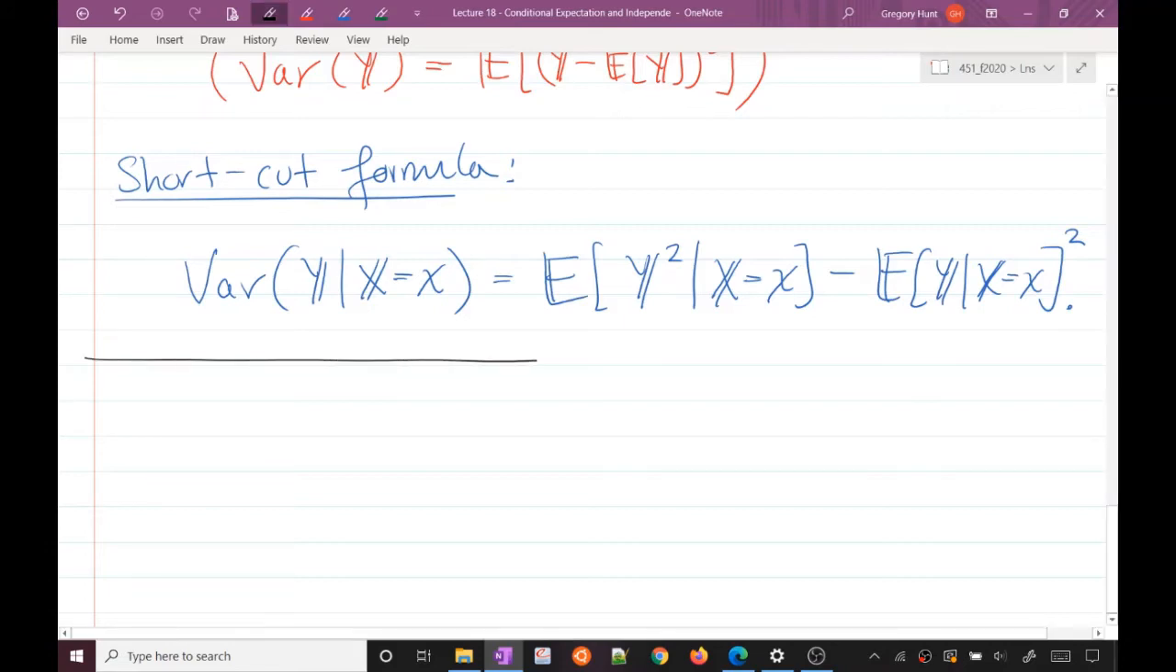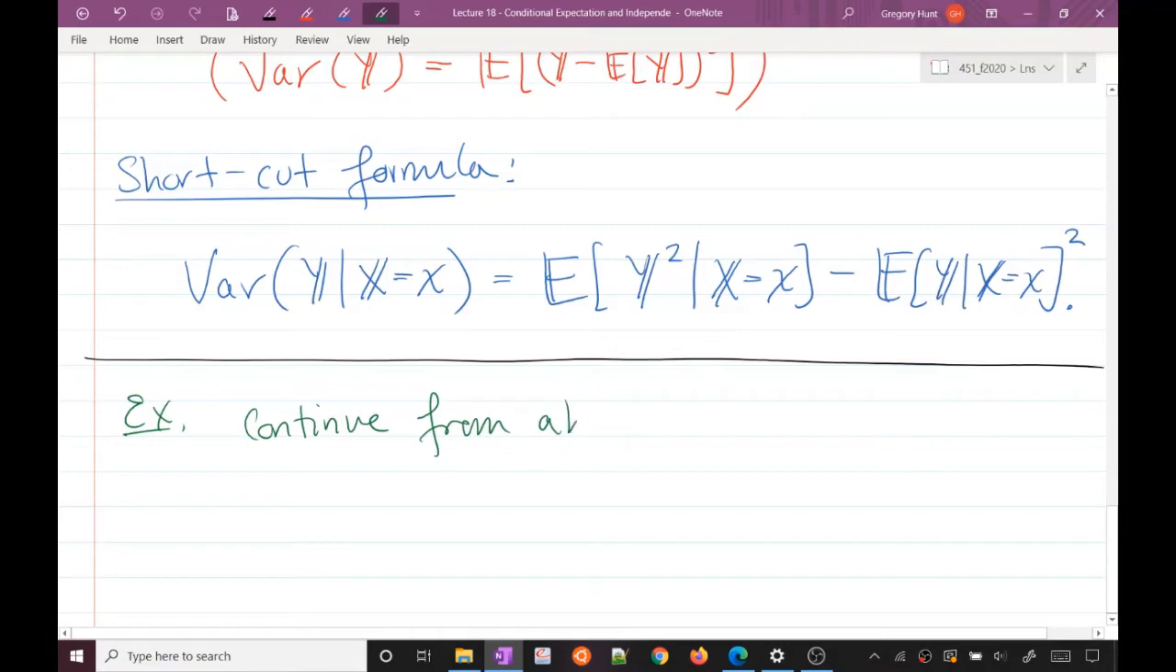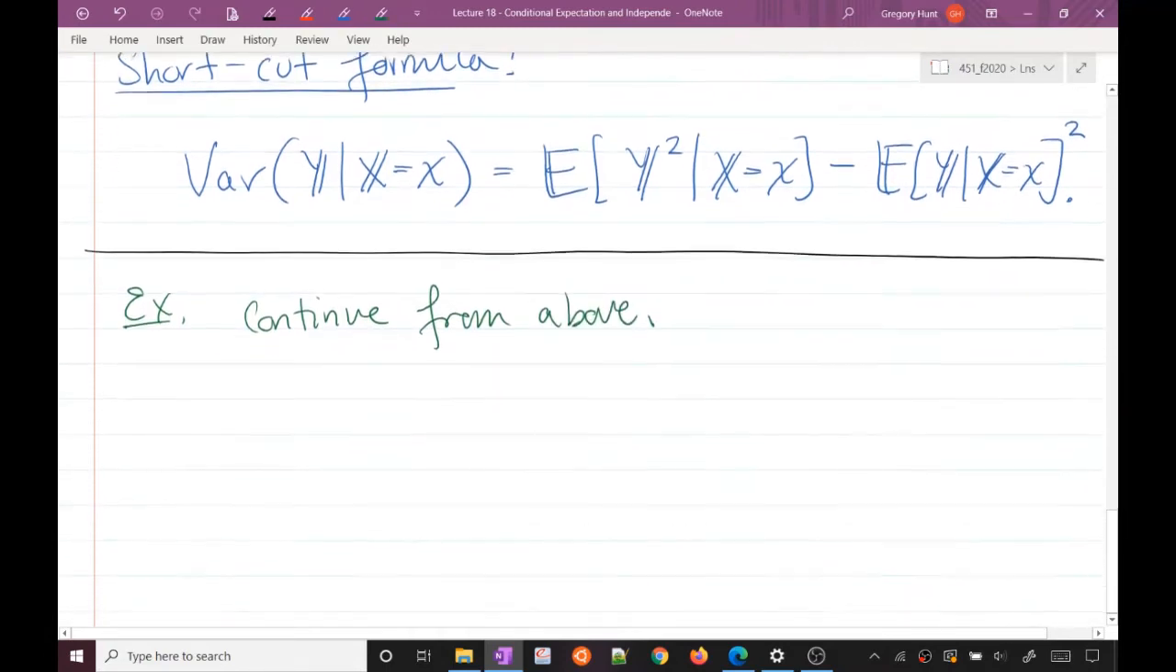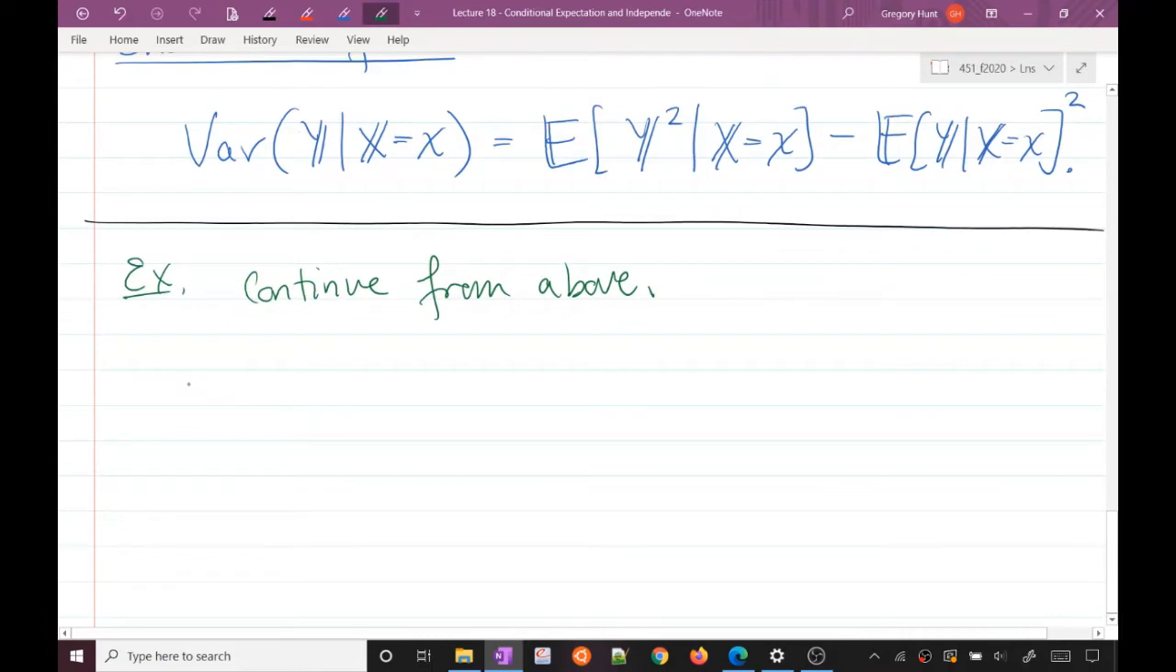In the example above, let's continue from above. We know that the conditional expectation of y given x is 1 plus x, if you've done the integration by parts. And so what you have to then calculate is the conditional expectation of y squared given x,